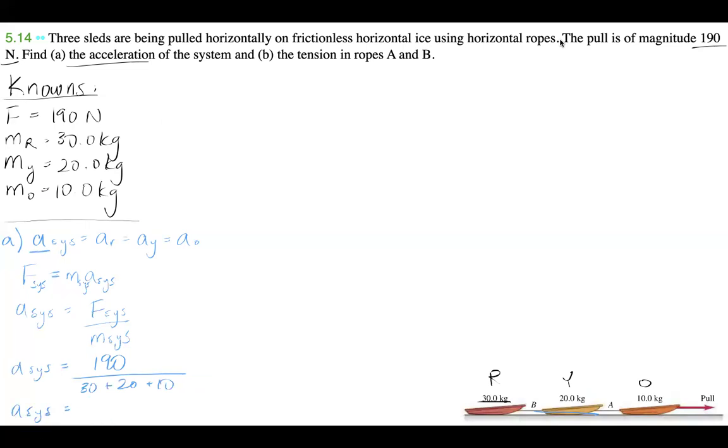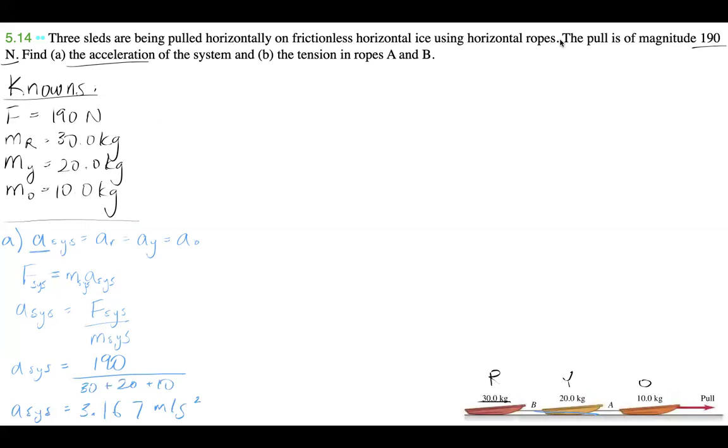And that is 190 divided by 60, which gives us 3.167 meters per second squared. Okay,